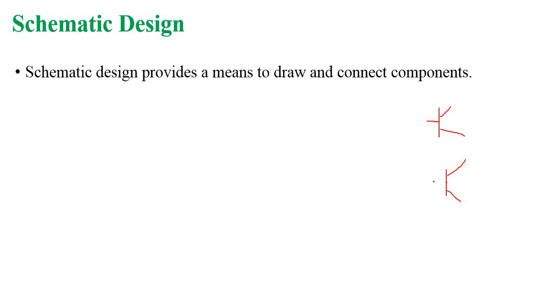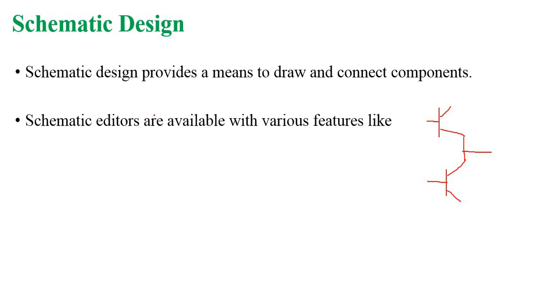this is nothing but one component. That means in the schematic design, I can draw the components and I can interconnect those components. That type of design is called a schematic design. So this is simply called a circuit. We take the components and interconnect the components. That is called a schematic design. But in HDL and VHDL, we implement a program, that's all. But here we can draw the circuit and connect the components.